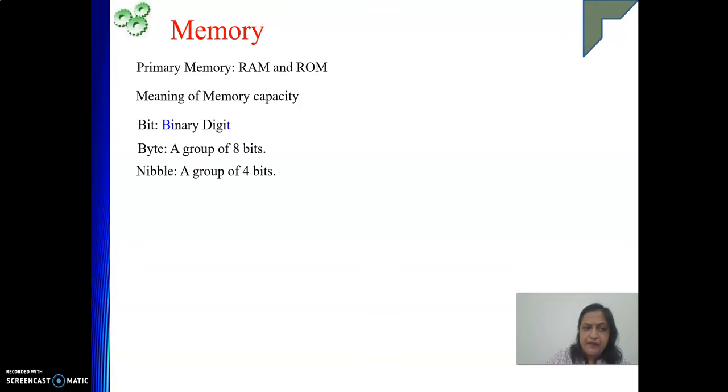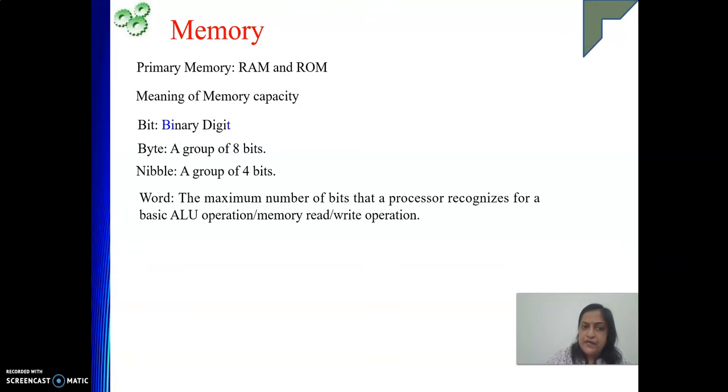Then bit, byte, nibble we have discussed. Then what is word? This is very important. Then secondary memory. Secondary memory access is serial, right? That track cylinder concept is there. So depending on at what location you are and where from you want to read the next data, that time will vary, right?